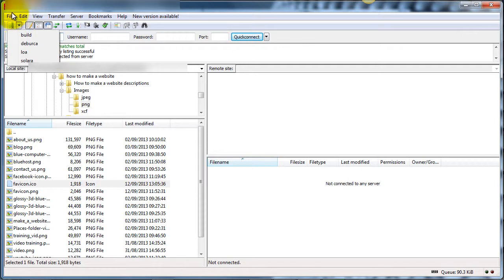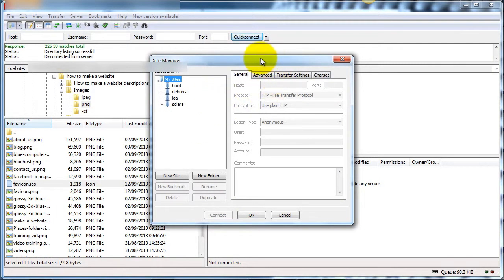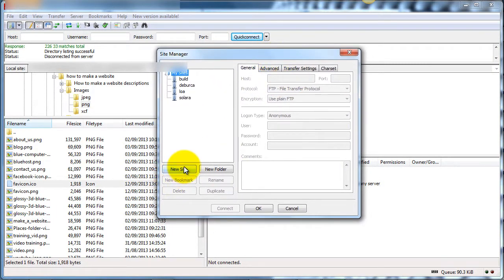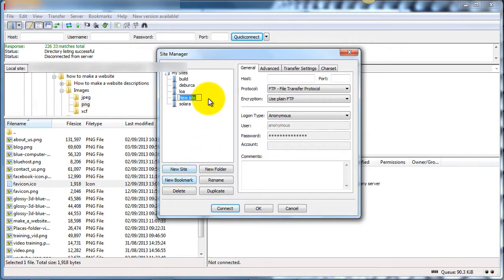So under file here, there's a little button for site manager. Click on that and you'll get this little screen. It'll pop up, and I want you to go down here to where it says new site and click on new site, and you'll see it's highlighted in blue here. What you want to do is just name your site, so whatever your site is,